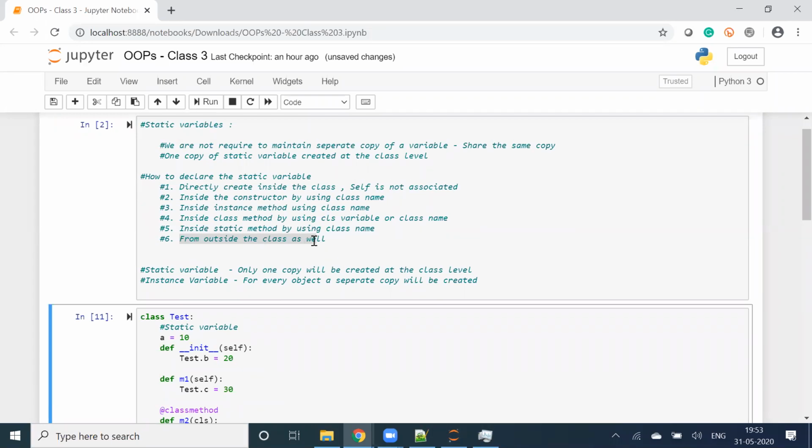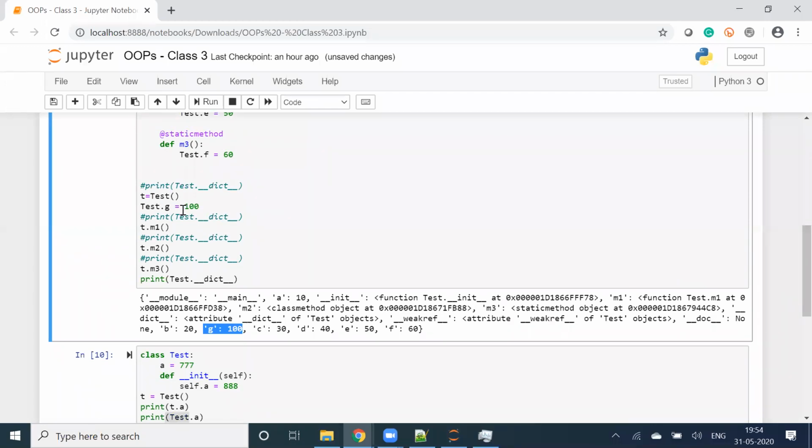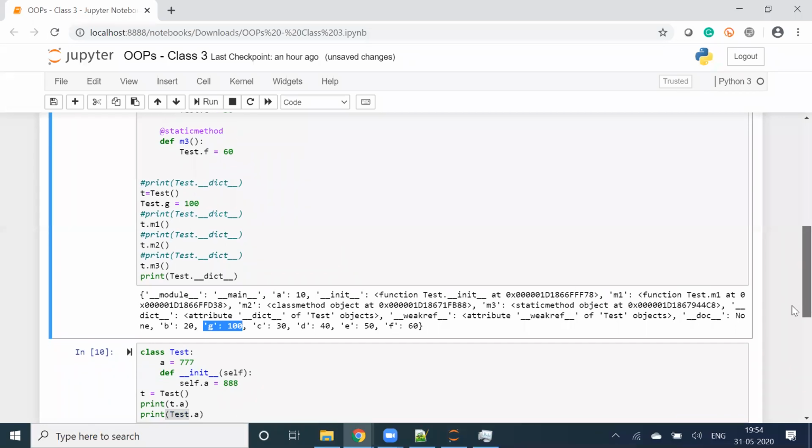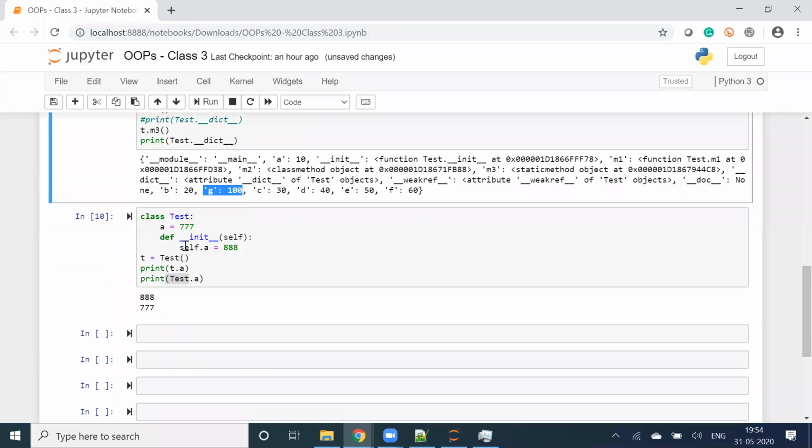From outside the class as well, we can create the static variable by passing the class name dot variable name. So this is how we can create the variable in a different location, and this is how we can call the variables by using a class name. It will give me the static variable. By using the object name, it will give me the instance variable.